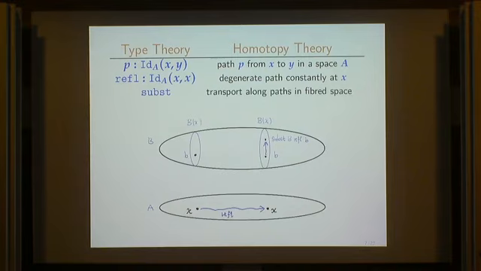And because I'll need this later, if you transport along the degenerate path, which I've naughtily drawn as going from x to itself, it's pictures. You should never trust pictures, right? So this picture lies, right? Because x is supposed to be the same x. Anyway, it gets worse in a moment. What we'd either want to say is that the substitution, the transport of b along that reflexivity is definitionally the same as b. That would be a rather strong thing to do, and that's what you would get if you were using original Martin-Löf